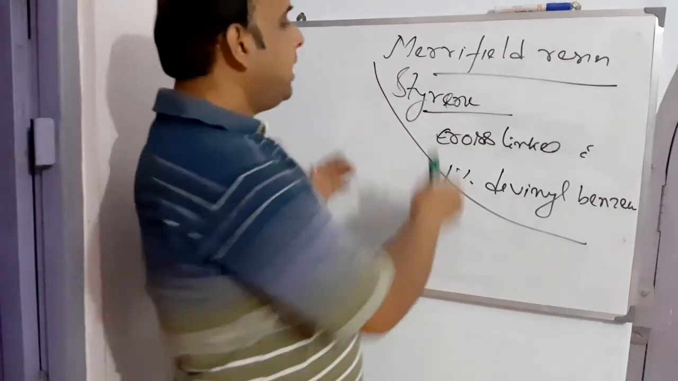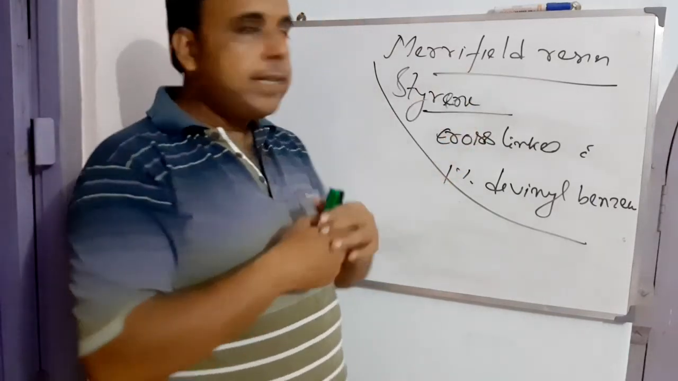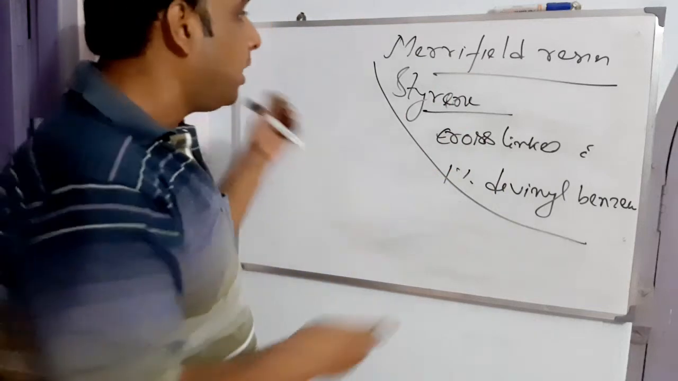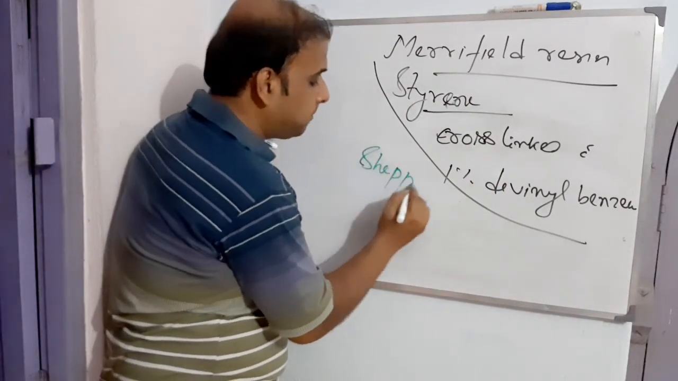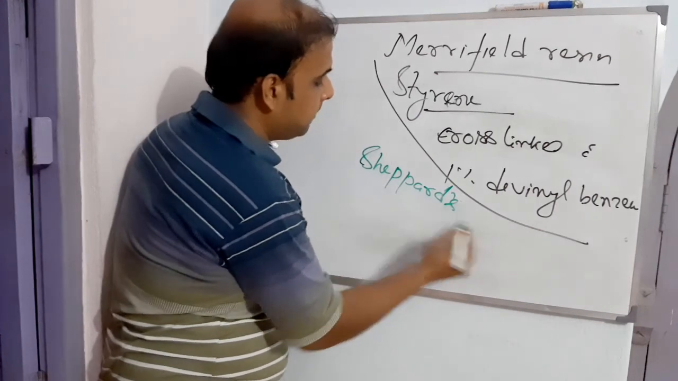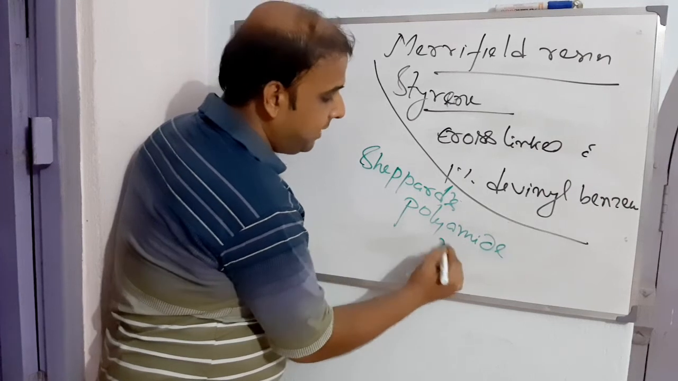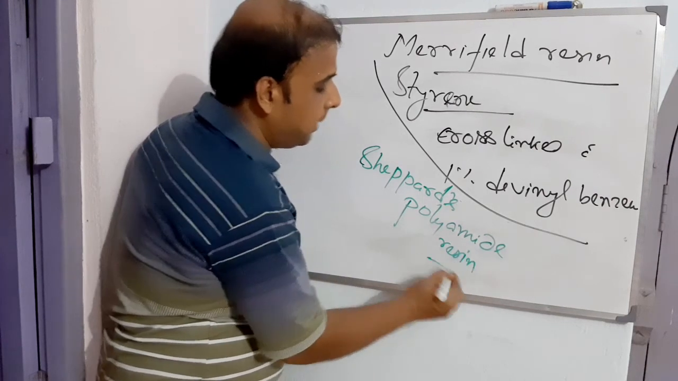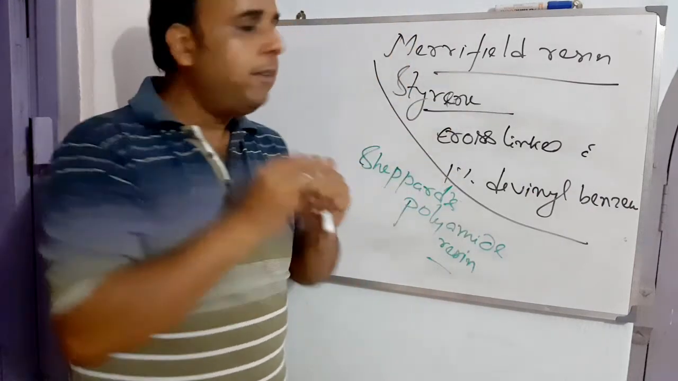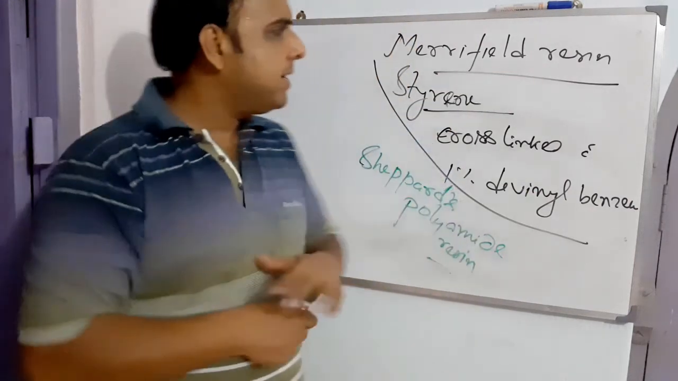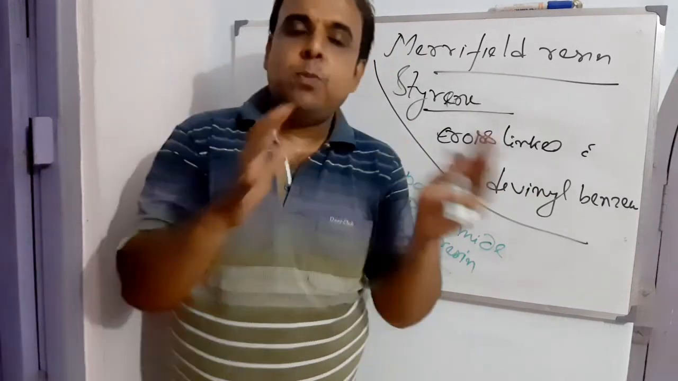Soon after identifying the problem associated with Merrifield resin, they developed another support material that is called Sheppard's polyamide resin. Polyamide resin, right? Okay. So what was the problem with styrene? What was the problem with this Merrifield resin? In Merrifield resin, the support material was found to be hydrophobic, and the growing peptide was found to be